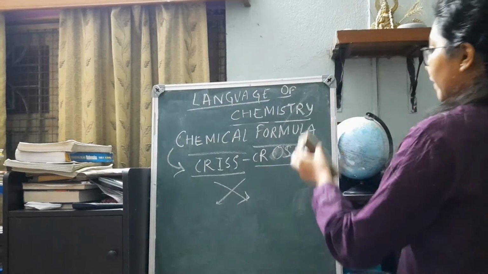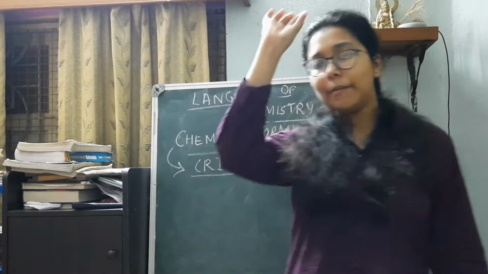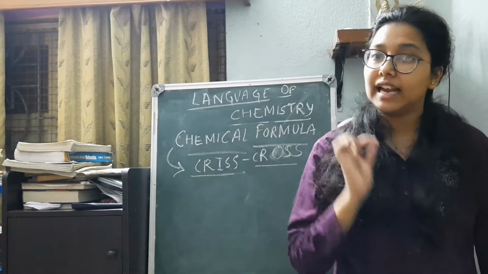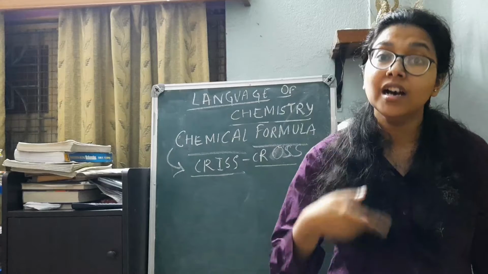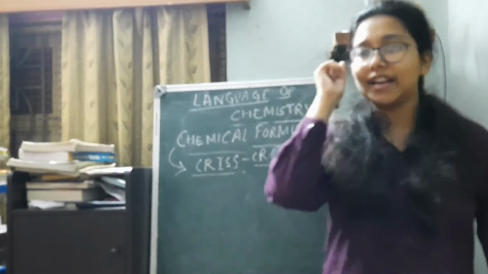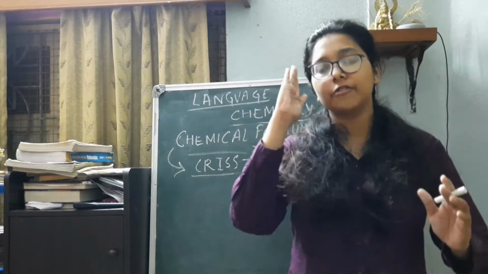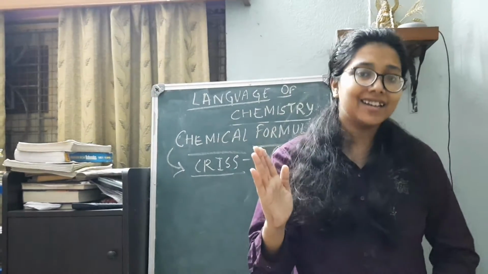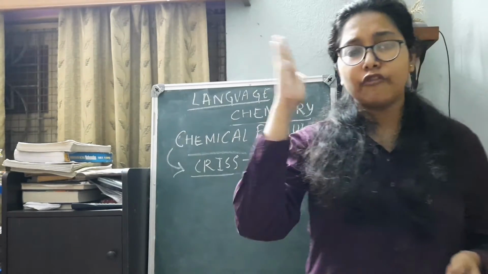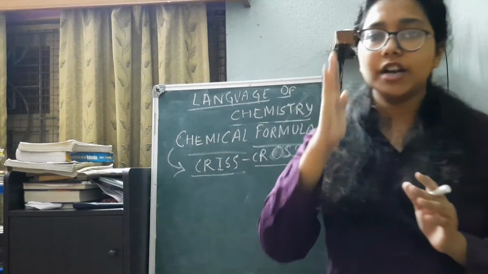So what happens in a crisscross process? First of all, while naming a chemical formula, remember exactly what I am saying. First, you have to write the name of the cation, that is the name of the basic radical. And then you have to write the name of the anion. That's the first important rule. For any chemical formula, first you have to write the cation or the basic radical, and then you have to go for the anion or the acid radical. That is very important. In any case, for naming any salt, any compound, cation first, always positive charge first.